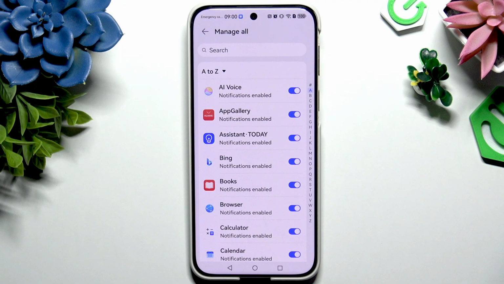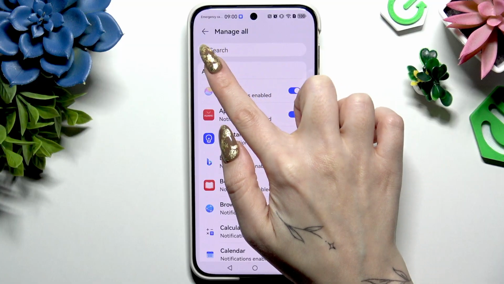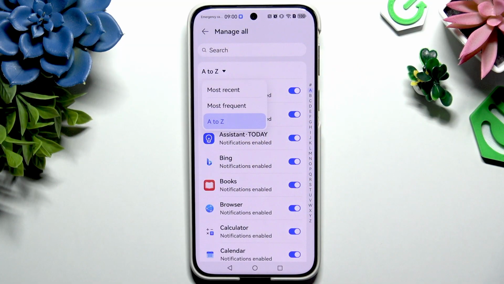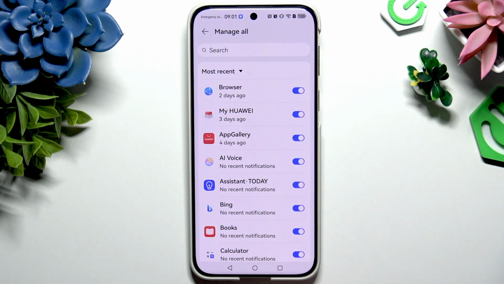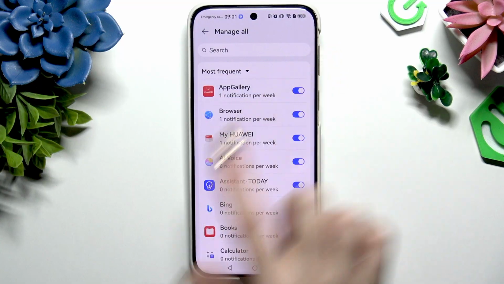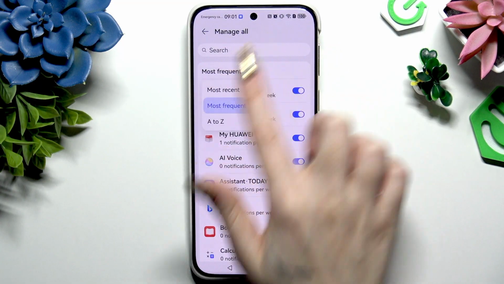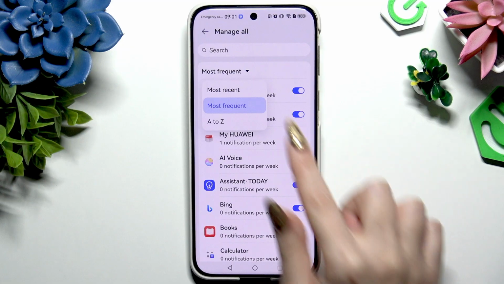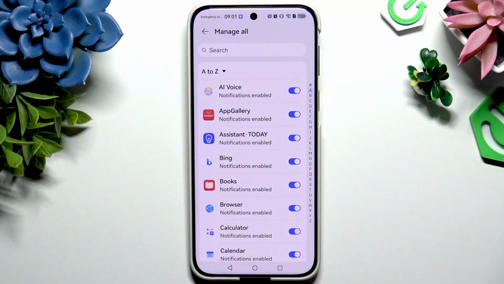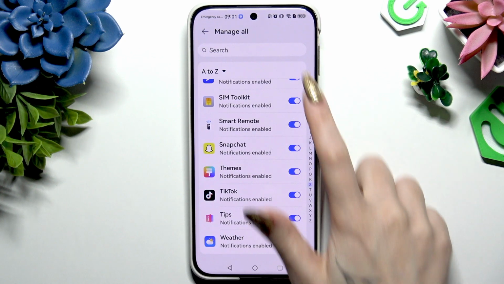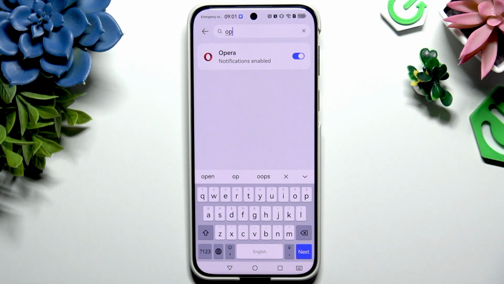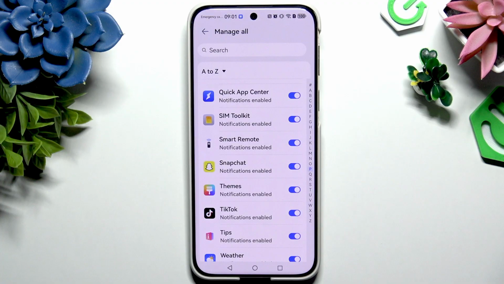You can do that by clicking on this section and selecting one of those options to see apps with most recent notifications, most frequent notifications, or all of your apps in alphabetical order. You can also use those letters on the side, or click on the search bar and type in whatever you want to. Either way, after finding your apps, use blue